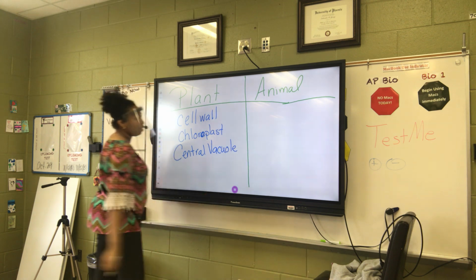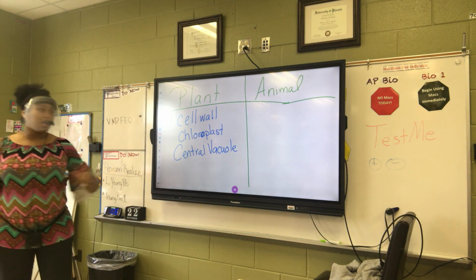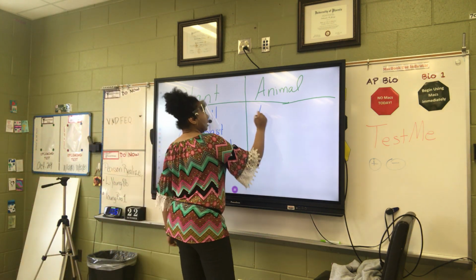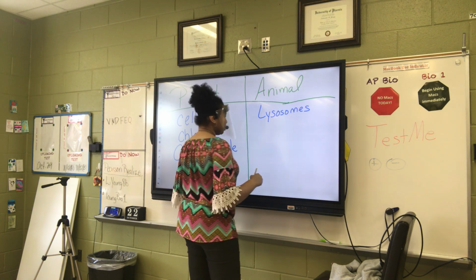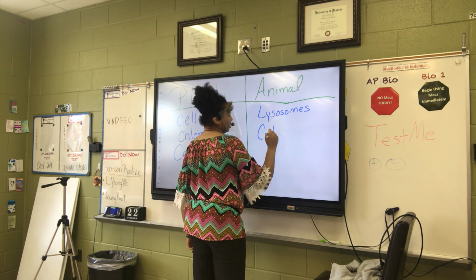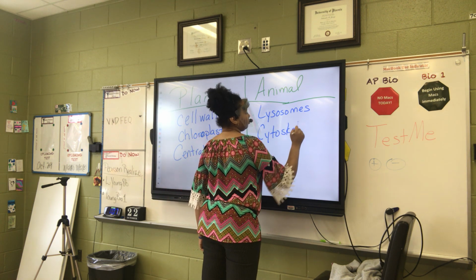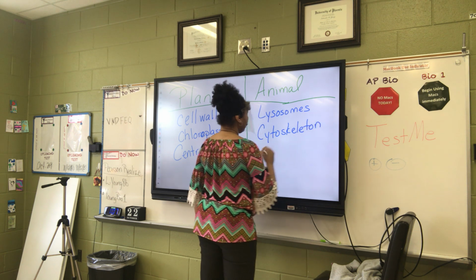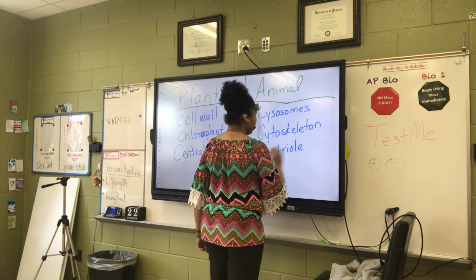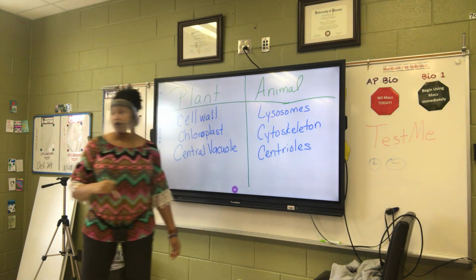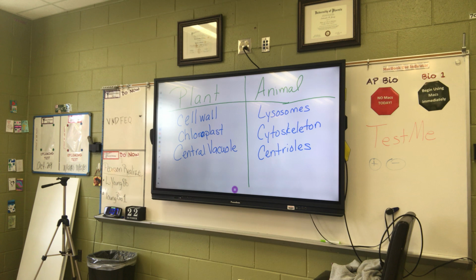So that's that large vacuole. Okay, a central vacuole. Some things I will find in animal cells but not in plant cells would be lysosomes, although some scientists believe that some plants have lysosomes, and cytoskeleton, as well as centrioles. Okay? So, make sure you know which organelles are only found in plant cells and which organelles are found